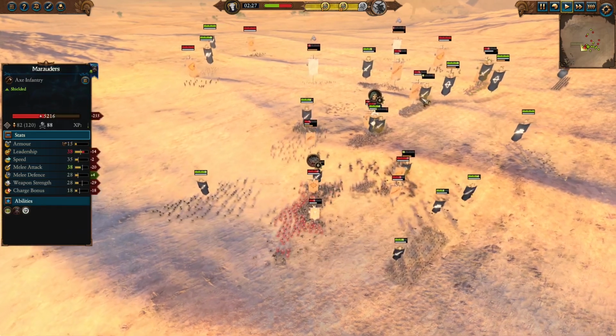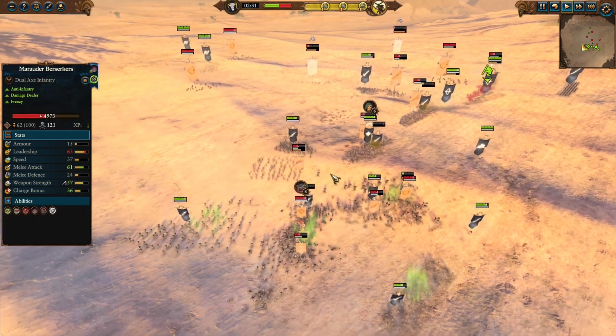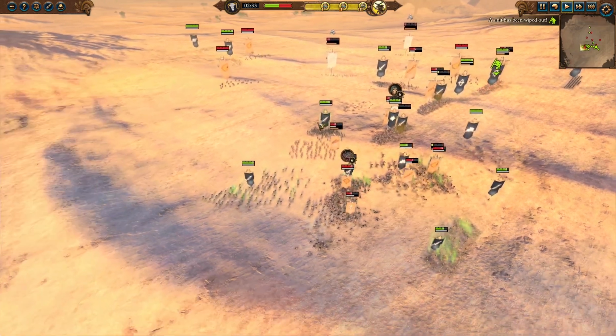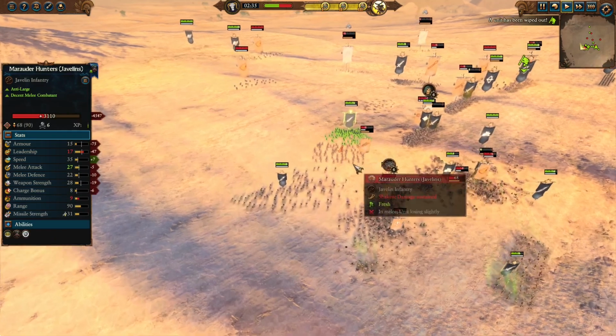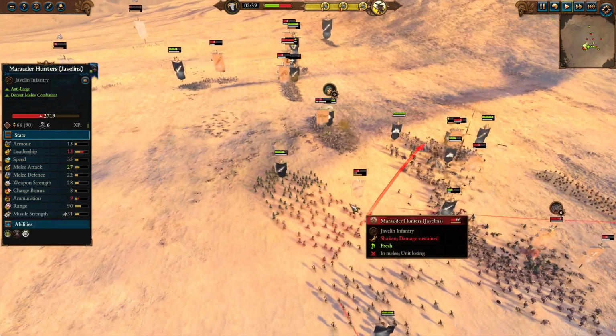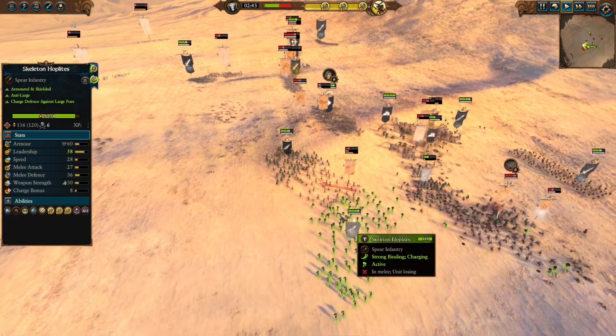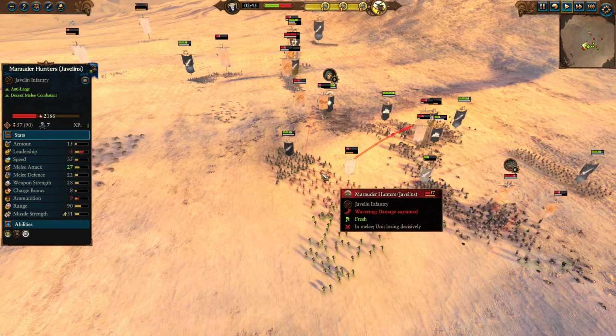While the Marauders can blend through skeleton infantry, they are having a much tougher time once they clash into the more elite Hoplites and Royal Guard. Now with the Royal Guard summon, yes, we do have a Royal Guard summon ability on the Leech Strategos. The Marauder Hunters with their javelins are in deep trouble as the skeleton Hoplites are flanking around as well,